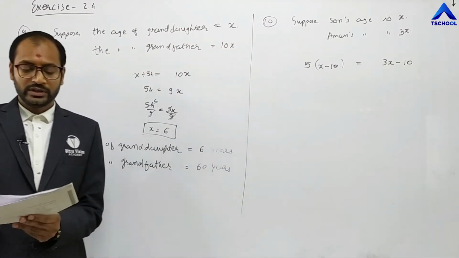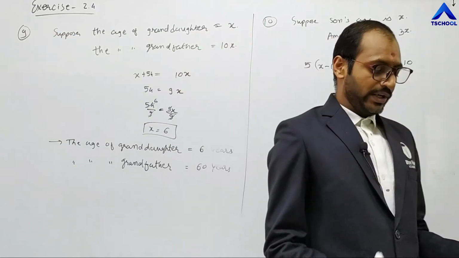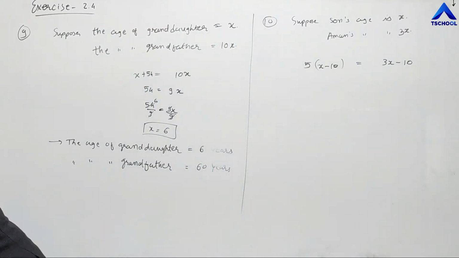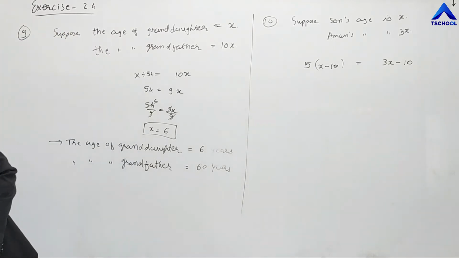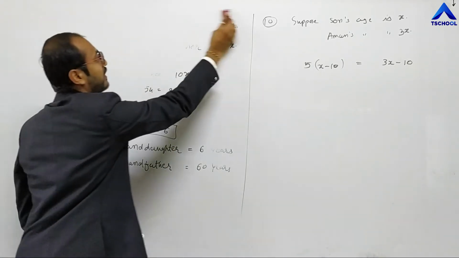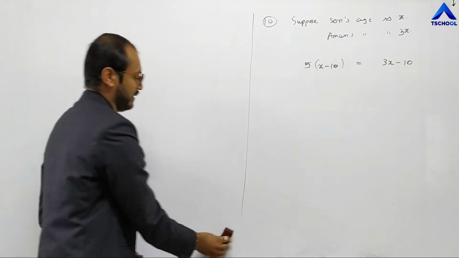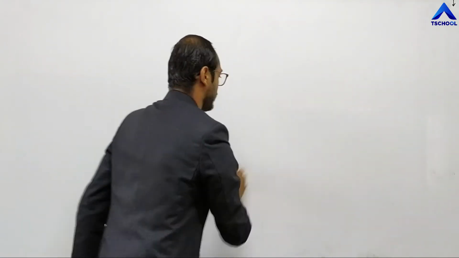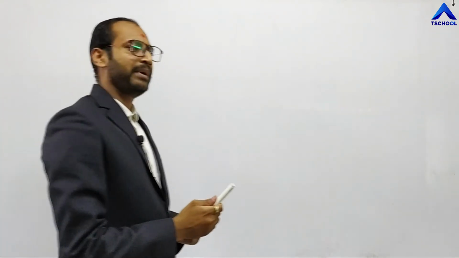Now let me move on to a new topic. Topic number 2.6. Reducing equation to simpler form. We have done this, but this time we have to verify also whether the simplification is correct or not, or left hand side is equal to right hand side. These all types of correction and comparison are required in this topic. Clear? So we can make it very simple.